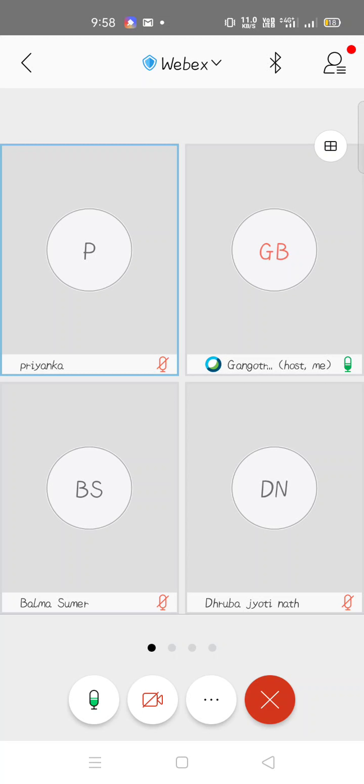Rather than only saying percussion, vibration and shaking, if you can add these things as well, that is huffing, coughing, or if you can say this technique properly, that is the ACBT technique, that will be a better thing. They may not ask you directly what is ACBT, or what is huffing or what is coughing, but if you can include these things in your answer, it will make a good impression.